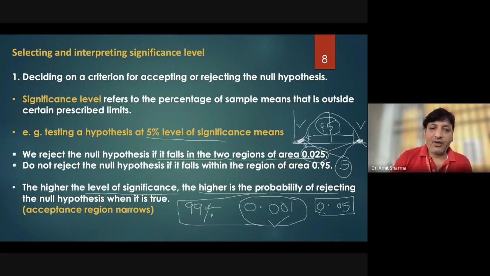So the higher the confidence interval or level of significance of the study, the chances of your hypothesis being rejected will be very minimal. So it is very difficult to get. For example, if you want to show very easily that A is causing B, instead of taking 99% you can make it 90 or 85. So it is very easy for you to prove that A is causing B.